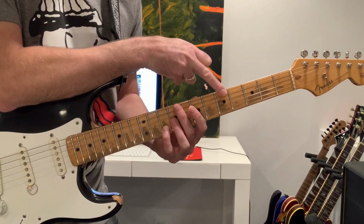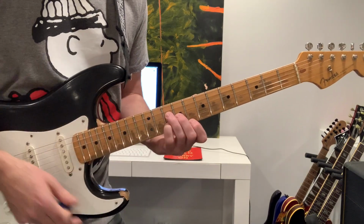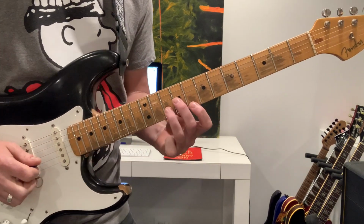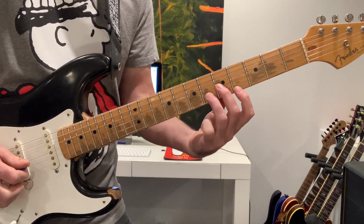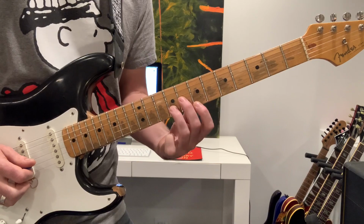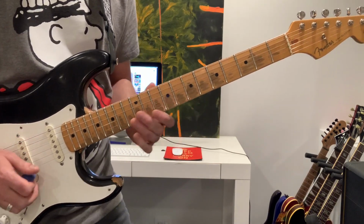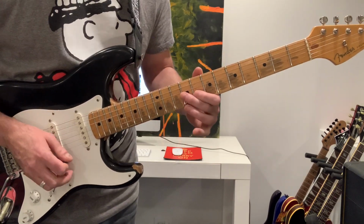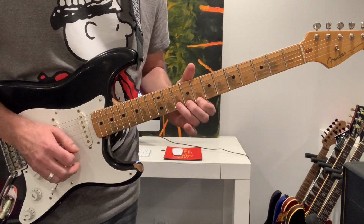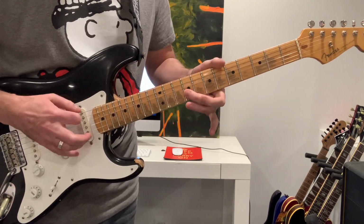So over the A note, that little shape is kind of like a D minor shape, brought up to E minor, F minor, F sharp minor, G minor, G sharp minor, A minor, see? Right? So here we go, F, A minor, okay, and now over the B flat,